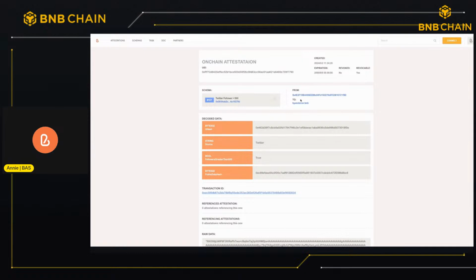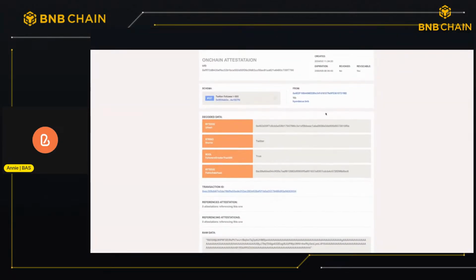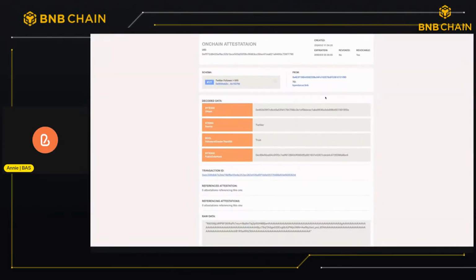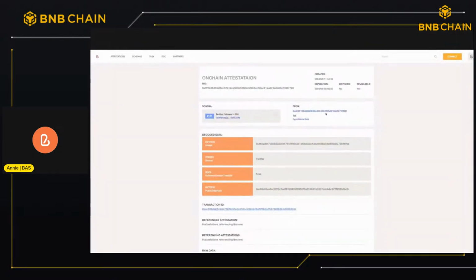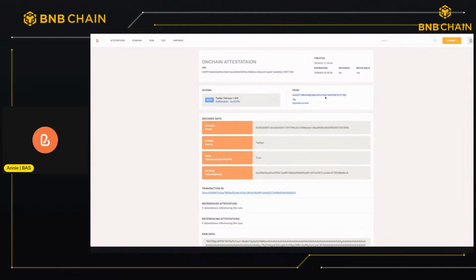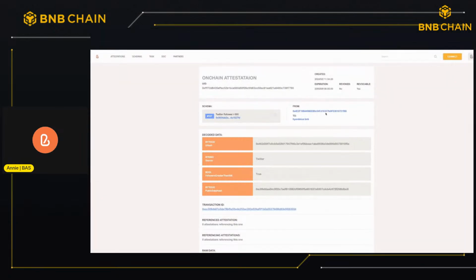As we mentioned earlier, the identity of the attester is often very important. Additionally, there is information such as the time when the attestation was issued and a verifiable transaction hash on the blockchain. Regarding attestations, I have one more point to mention. As we discussed earlier, we categorize attestations into two types: public attestations and private attestations. A public attestation, like the one you are seeing now, has all its information stored on the blockchain and can be viewed by anyone. On the other hand, a private attestation is implemented using Greenfield.